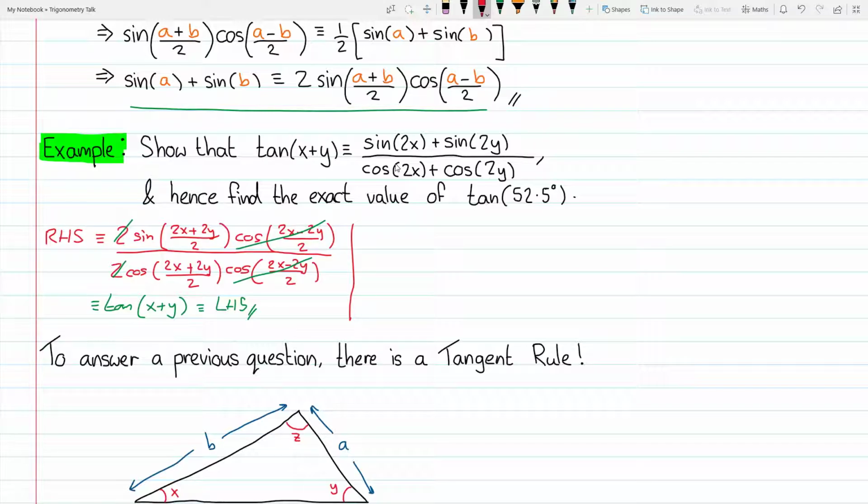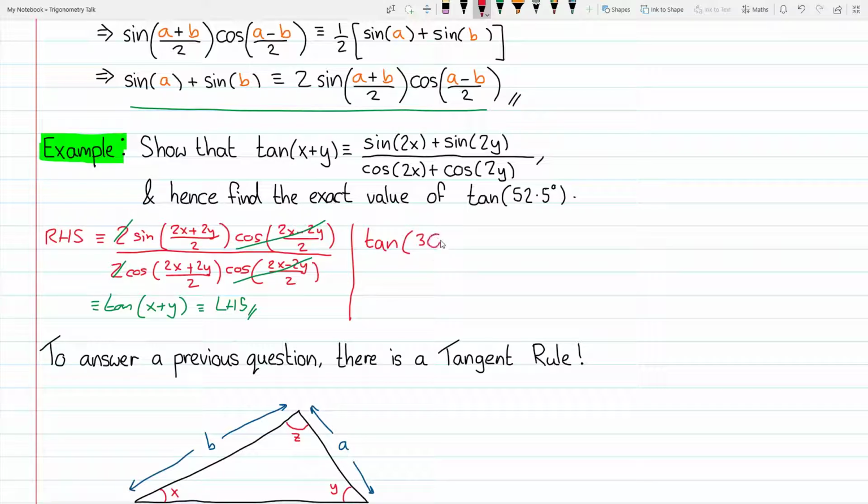45, 45, 90 triangle to find exact values of sine of 30, sine of 60, sine of 45, sine of 90, and all of these nice ones. So we really want to split this input as a sum of two of these nice angles. And so what I'm going to look at, and you'll see why in a moment, is